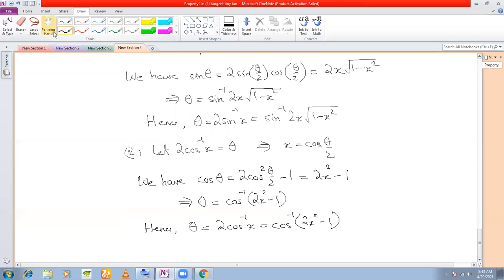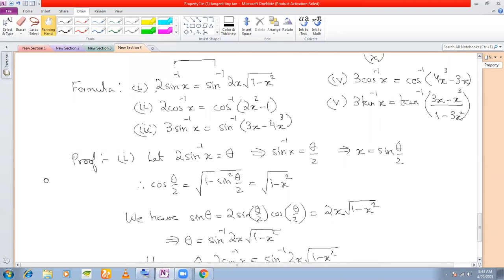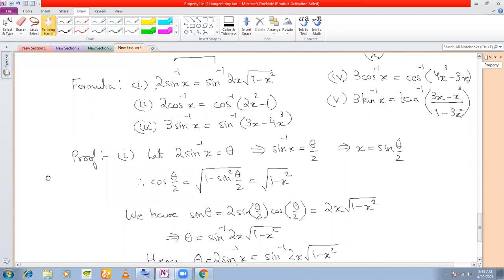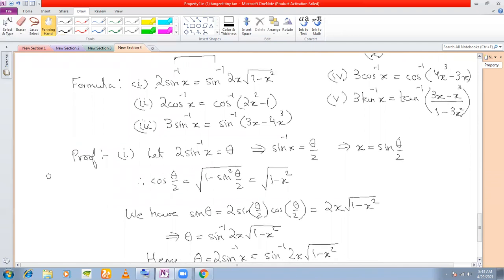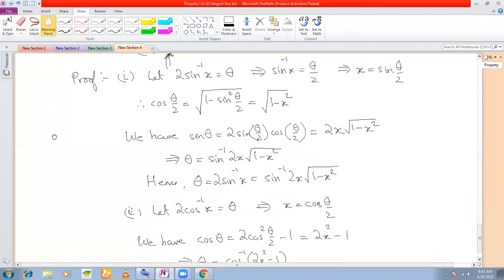Now let us see the third part of the proof, and this should be our last for today. If you can do 3, you can do 4 also. So let me just show you 3. You can do 4 on your own. Third part is 3 sine inverse x. So what do you see is that this number here is triple. Here these were 2. That is why we used double angle formulas. But here, since this number is 3, we have to use the triple angle formula. That is what you must remember.